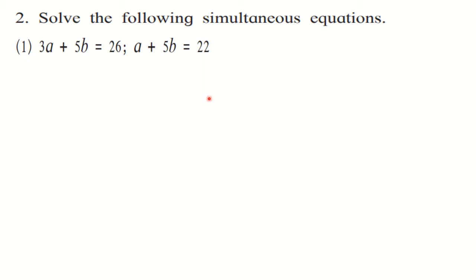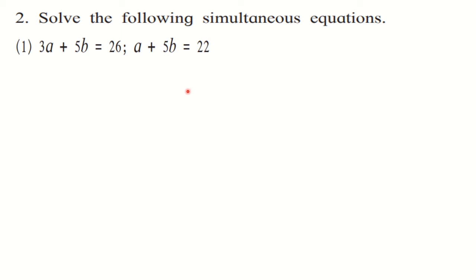As I have told you repeatedly, the very first thing here is to observe the equations. You have to check whether the equations are in standard form or not. That is important. Standard form, all of you know, ax plus by is equal to c, which we are going to use. So here what we can observe is the equations are in standard form. See, both the variables are on the left hand side and the constant number or the value of c is on the right hand side. So both the equations are in standard form.